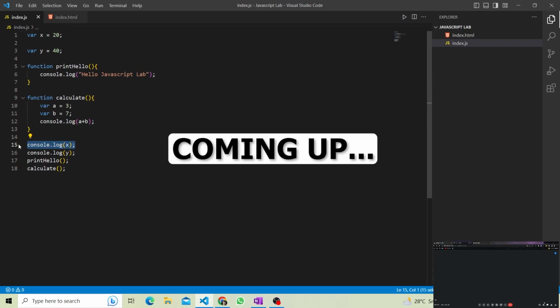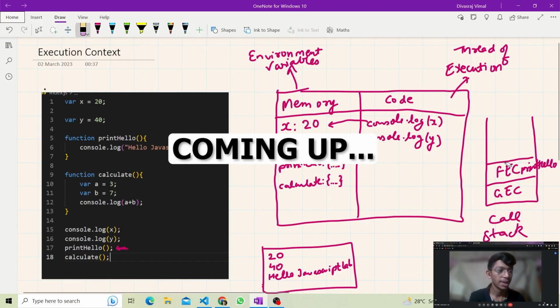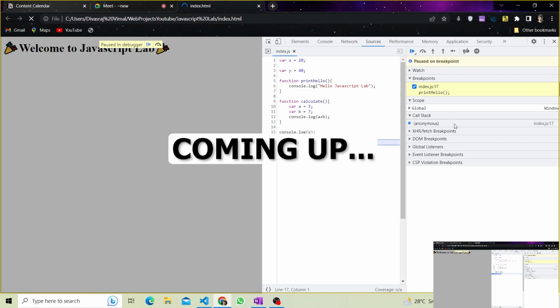And down here we are console logging, it will be removed from here, and there is only one global execution context here. In this series, we will be looking at some really important topics in JavaScript which are needed